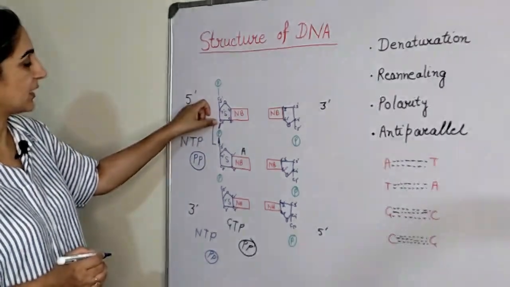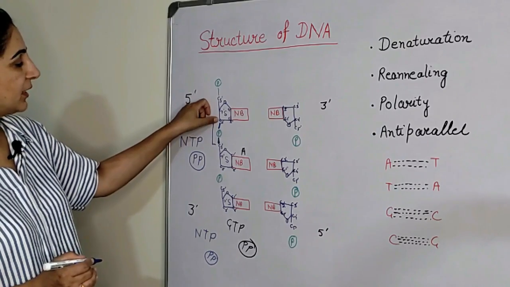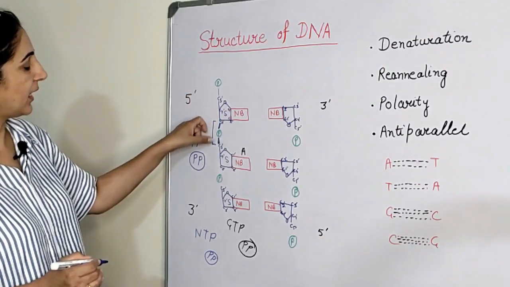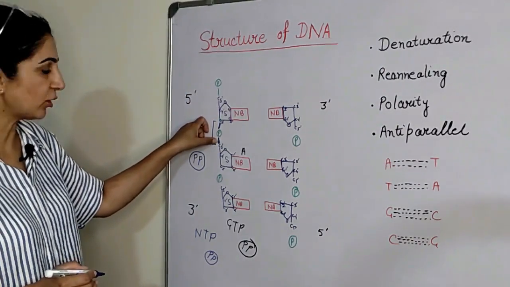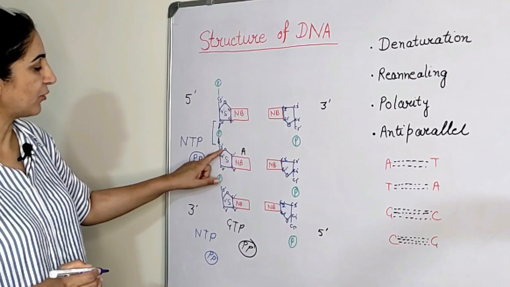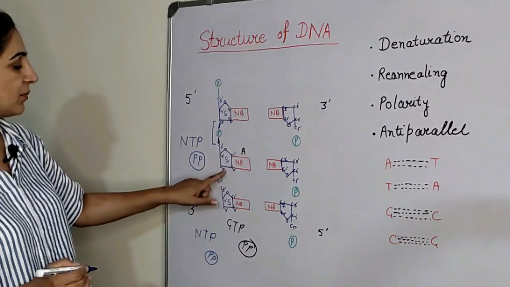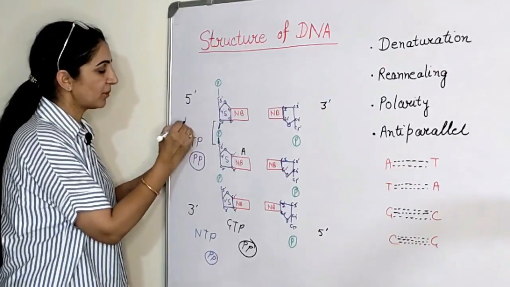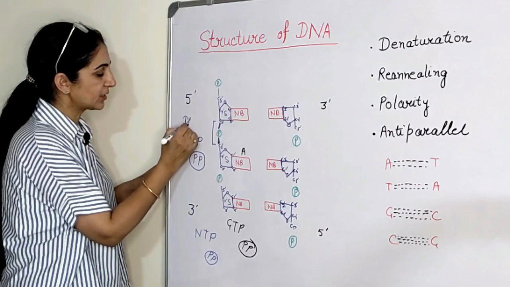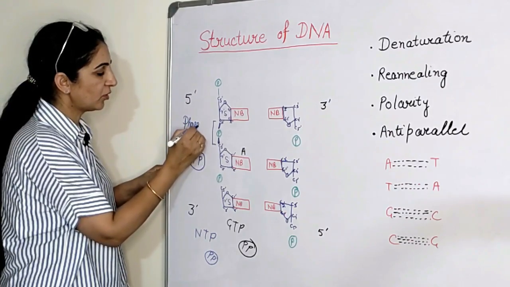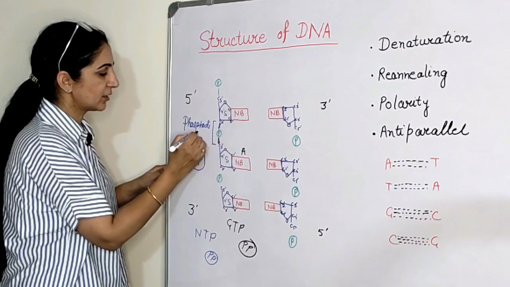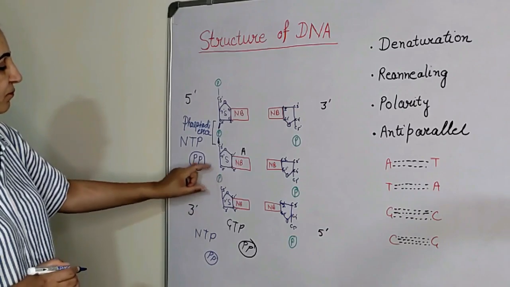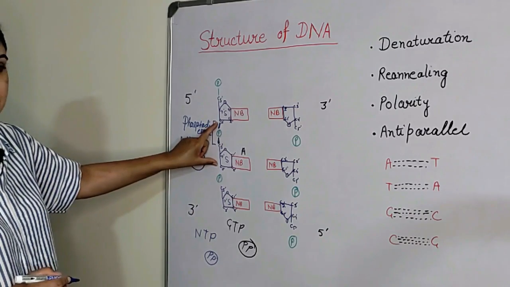It has ester linkages here with the carbon number 3 of the deoxyribose of the pre-existing nucleotide, and it has an ester linkage here also with the carbon number 5 of the deoxyribose subunit of the new nucleotide. So we say that we get the formation of phosphodiester bonds. Phosphodiester bond. Similarly here also, now this nucleotide becomes the pre-existing nucleotide